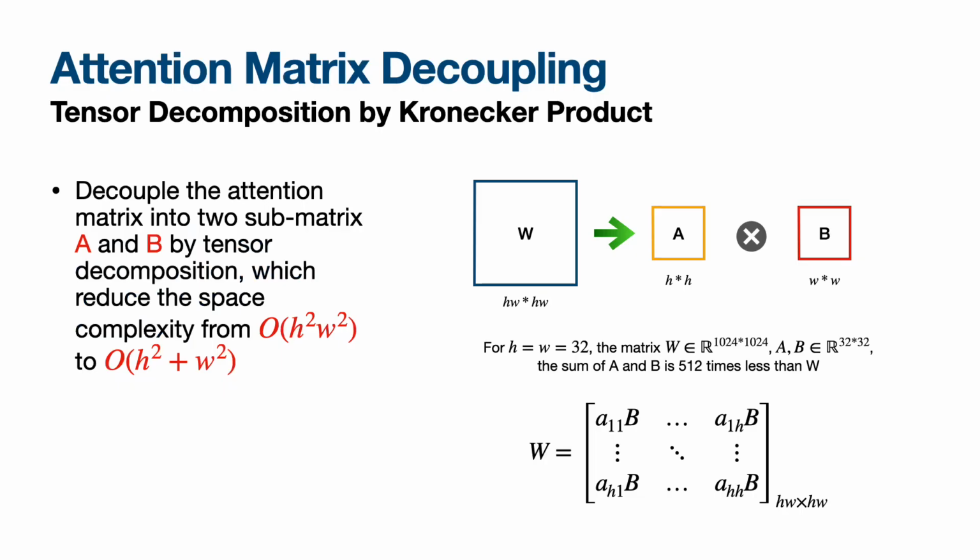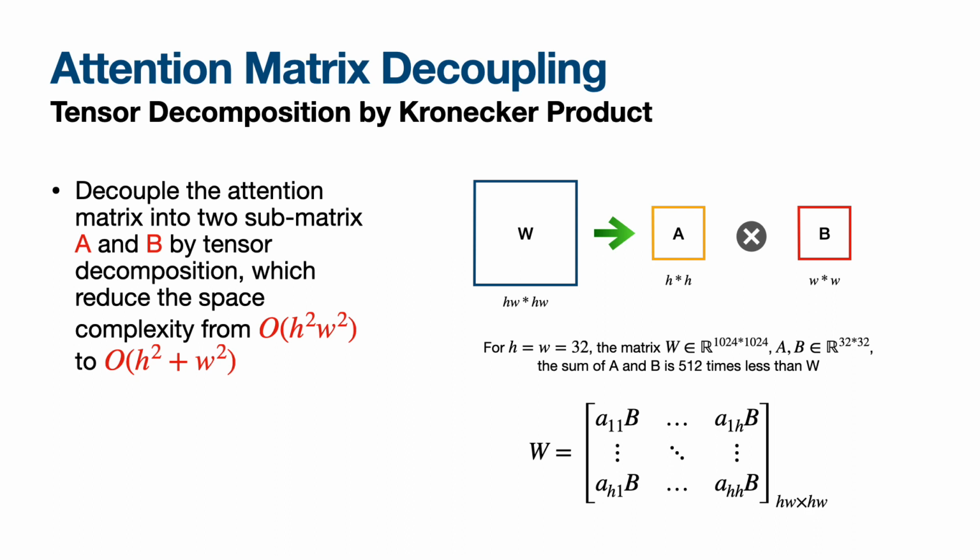The main idea is finding a way to decrease the size of the attention matrix. Tensor decomposition is widely applied in the lightweight design of neural networks. As is well known, a matrix can be represented by the Kronecker product of two small matrices. We want to decompose the attention matrix into two sub-matrices A and B, which can reduce the space complexity from HW times HW to H times H plus W times W. For the input image of size 512, the total size of sub-matrices A and B is 512 times less than